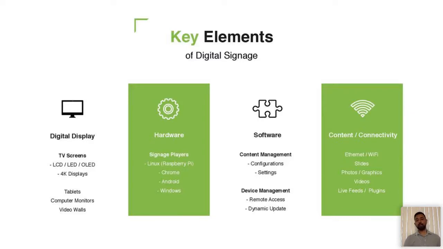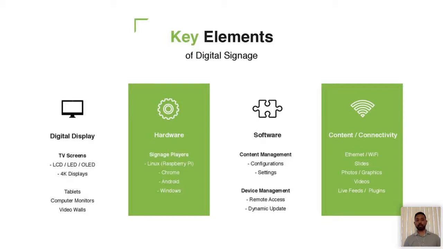So we need another component, like an add-on on top of the hardware. What is it? A content management system. To manage all our content, like changing it, running it and scheduling it, we need a management system. That's the content management system. And device management: for example, if your stores are across all the countries, you need to change the content.